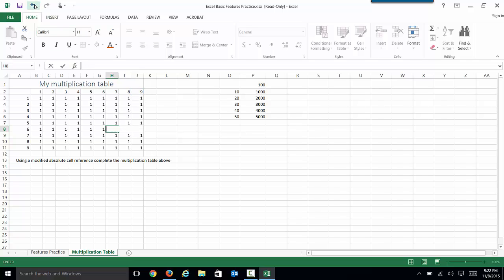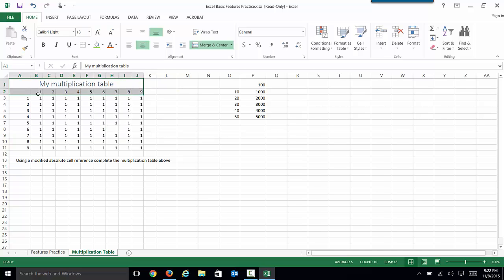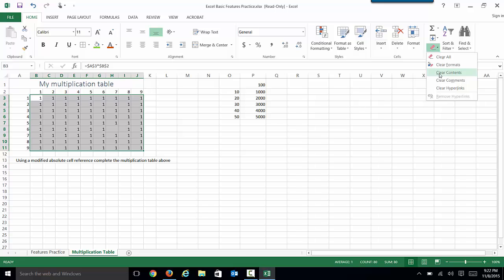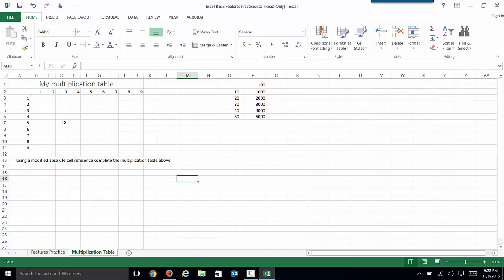And we'll just go up here and do the undo key. Oops. Give me just a sec here. You're being a pain. I'll just do this. I'll come up here, use this, and I will clear contents. There we go. So we know that this one is going to be that multiplied by that,